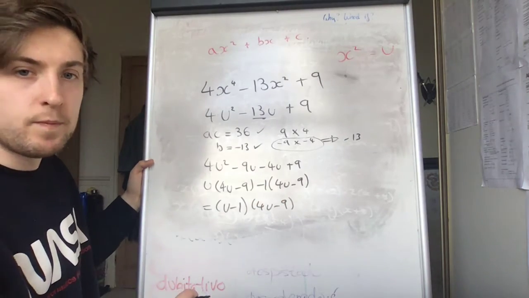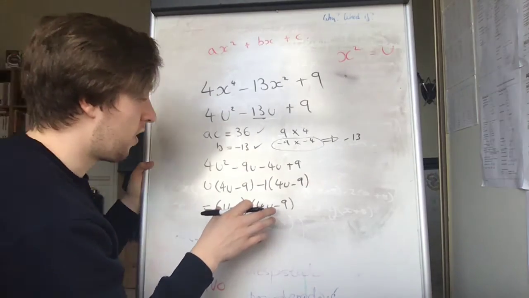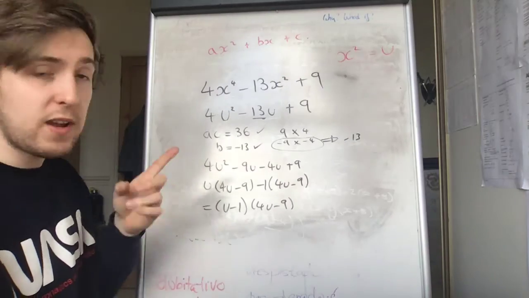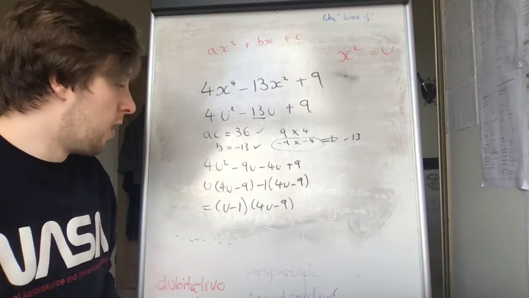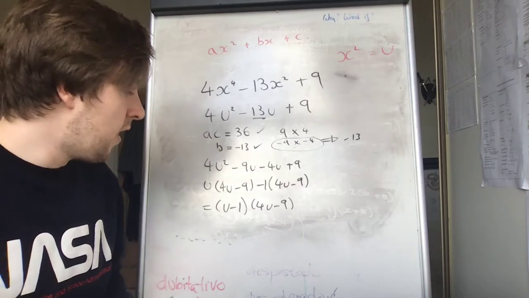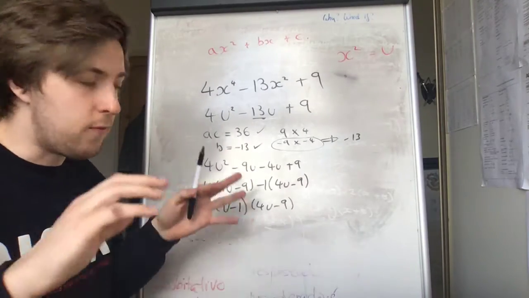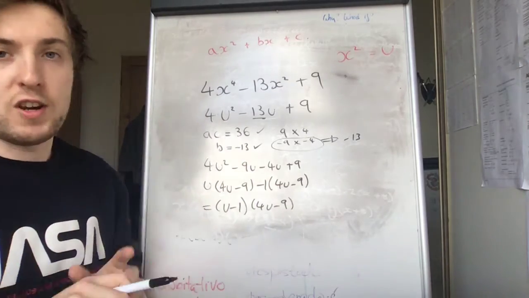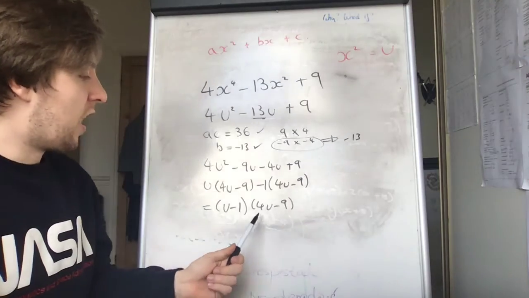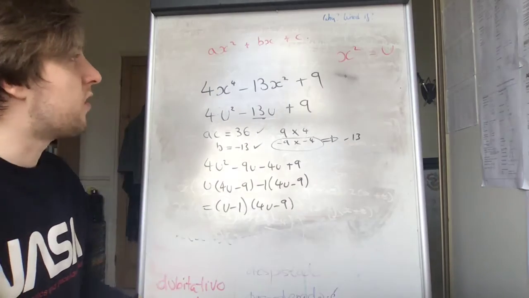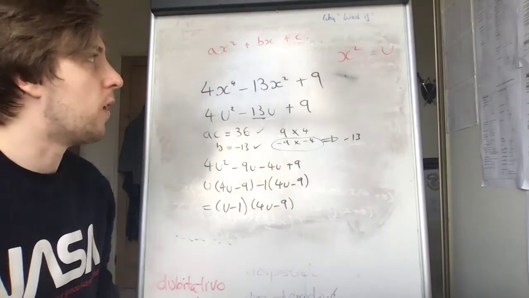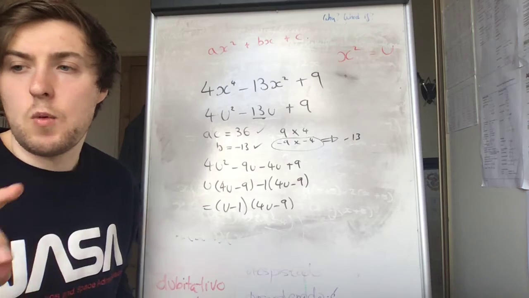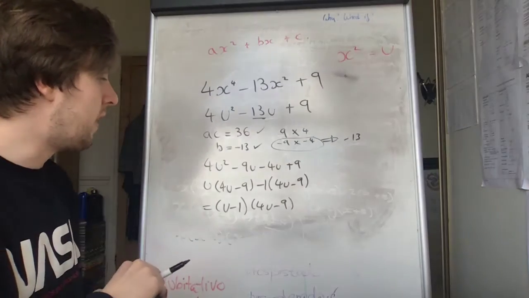So that is it broken down in terms of that factorization, but we have not finished here, okay? Be very careful, and this is where a lot of people make mistakes, because they think, I've done it, it's all been factorized, it's all in its nice little brackets and it looks pretty, but it's not finished. This should start ringing alarm bells. We've got u here, where's our x gone? The x is still locked away up here as an x squared. So x squared equals u. We haven't finished. And what we need to do is